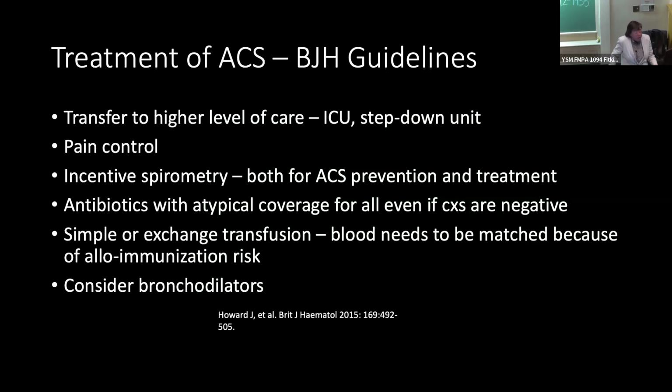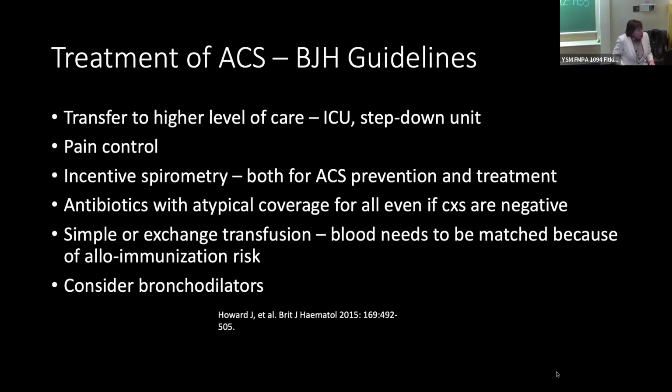Acute chest syndrome is defined as an infiltrate that involves at least one segment of a lobe in addition to symptoms. These symptoms range from fever to hypoxia, shortness of breath, chest pain, wheezing, and chest retractions in kids. Acute chest syndrome is, in my opinion, the worst diagnosis in internal medicine because it's an umbrella term that encompasses numerous other diagnoses. But what do we do for these patients? We like to transfer them to a higher level of care, typically the intensive care unit or the step-down unit, although some patients may be able to be managed on the floor.